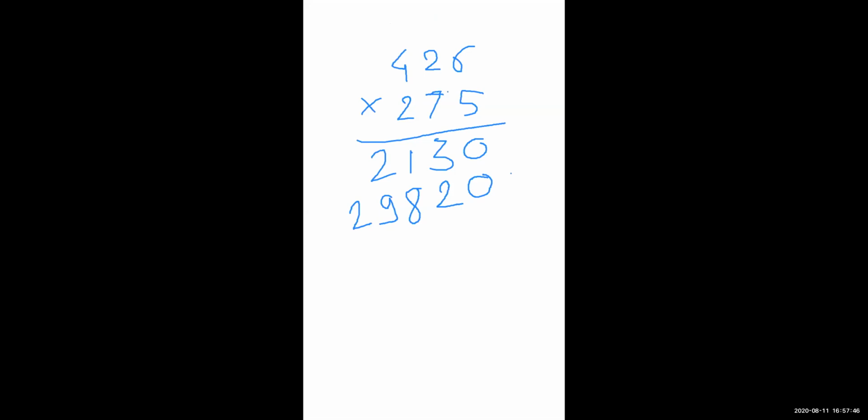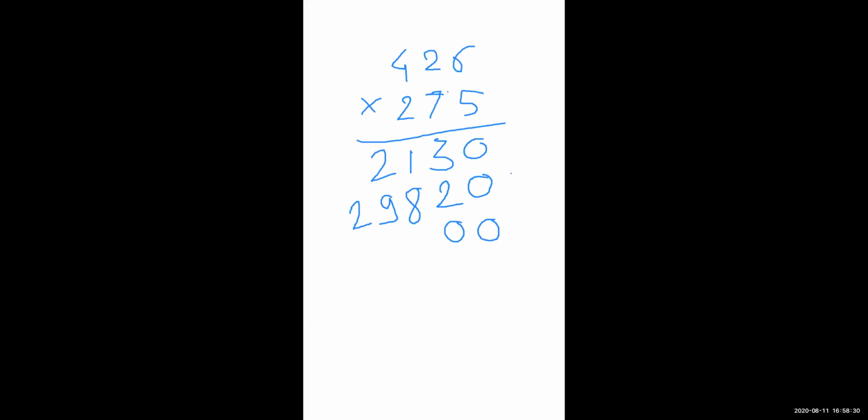Now the third step. What is that? Multiplying by hundreds. Okay. How many hundreds are there? 2 hundreds. So let's multiply 426 by 2 hundreds. Before that, give 2 zeros. Why have we given these 2 zeros? Because 100 has 2 zeros, and you know that when we multiply any number by 0, the answer is always 0. So 200 has 2 zeros. So give those 2 zeros first and multiply by 2.